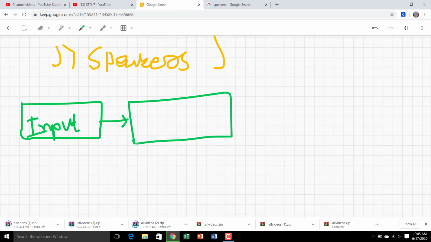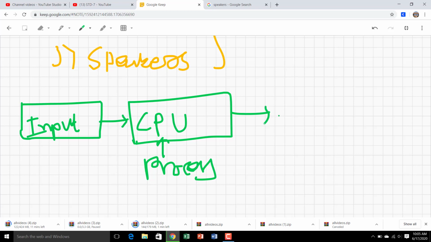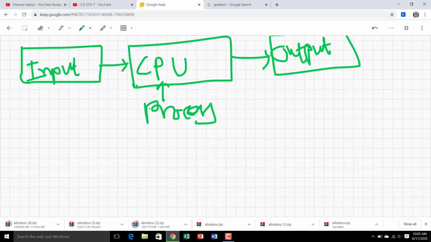In the CPU, it is processed, whatever command we have given from the keyboard and mouse, and finally we get the output. So I is for input, P for process, and O for output.